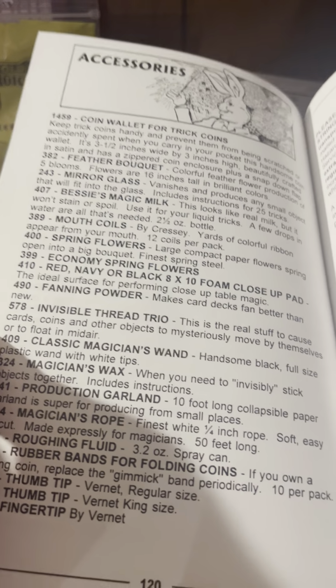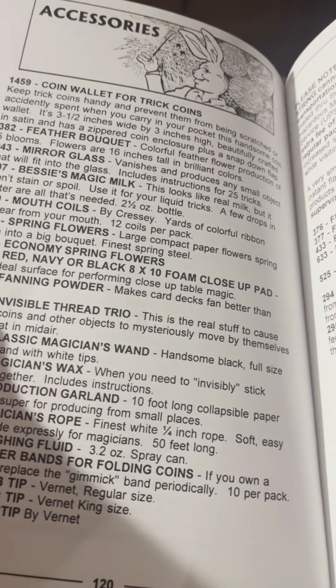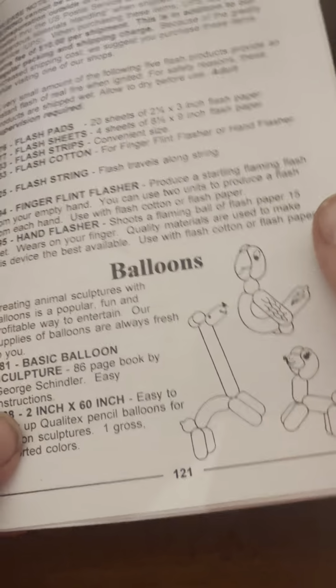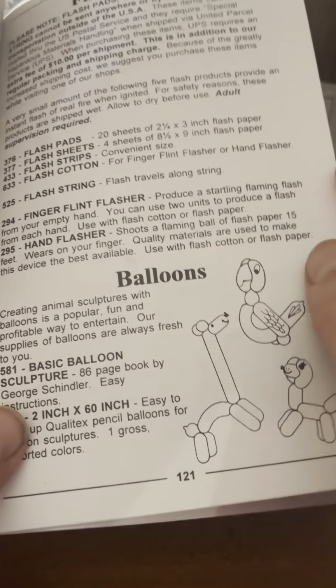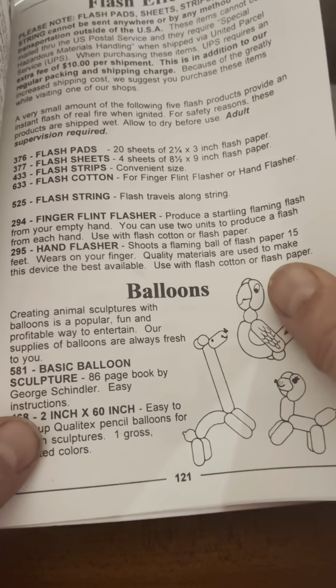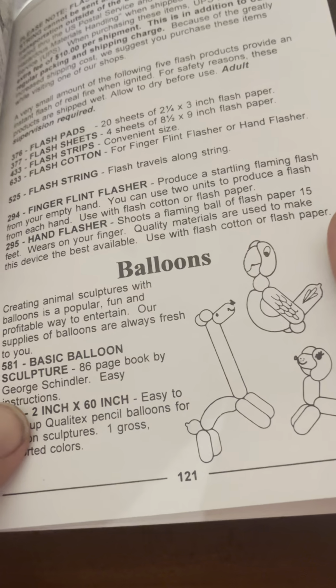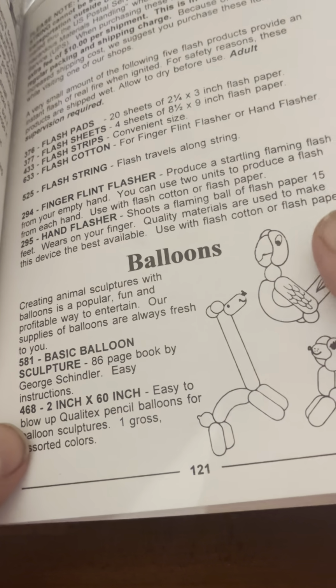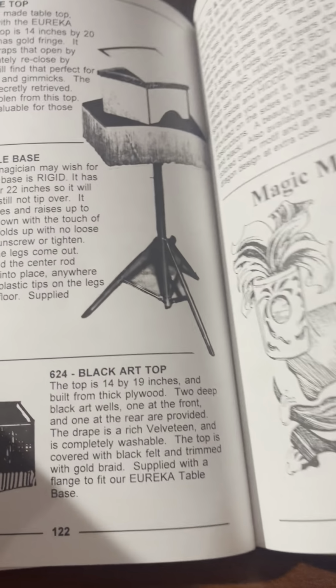accessories, just secret stuff that only magicians know about. Flash paper. That's always fun stuff. It's getting hard to find that now, at least for me. Balloons, balloon twisting. These are what I use the most, the 260s, when I make balloon animals,